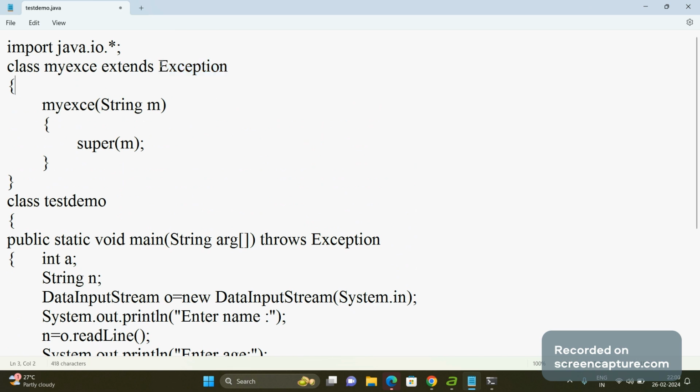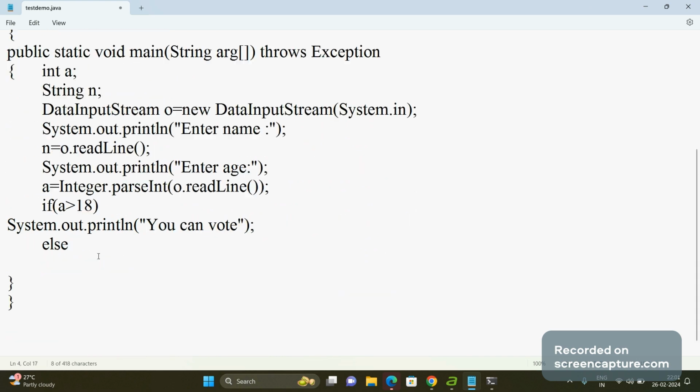So we need to call the constructor of the exception class. So how to call the constructor of the base class? There is a solution: we have to use the super keyword in our own class. That's why we have written class myexe extends exception, and in our constructor we have called super by passing this m variable. Now why is this m variable required? Whenever I want to throw an exception, I have to pass a message that should be displayed as an error. Like, suppose, invalid age,